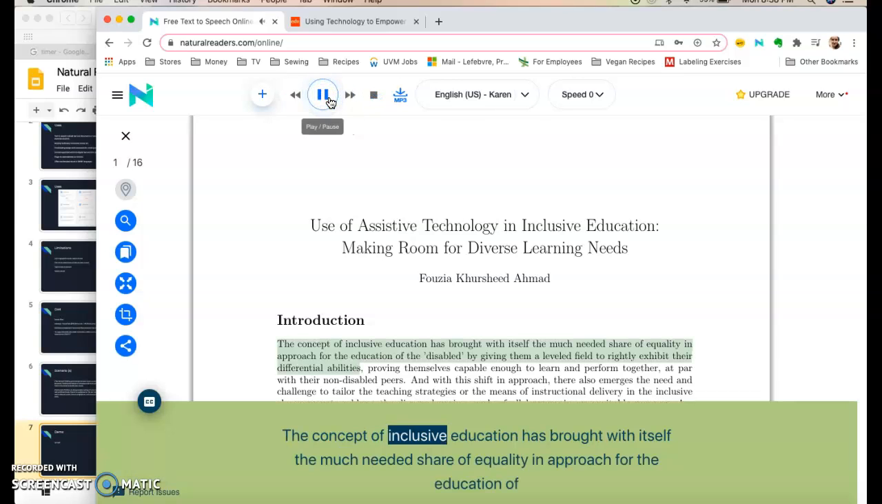The concept of inclusive education has brought with itself the much-needed share of equality in approach for the education of the